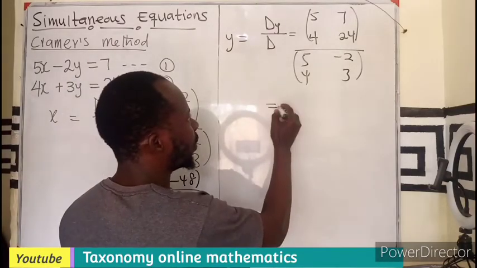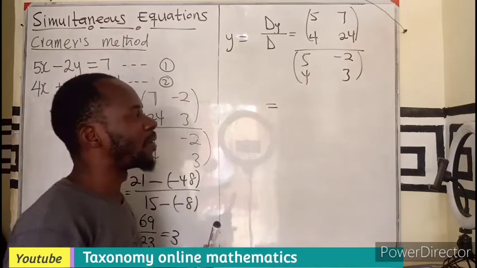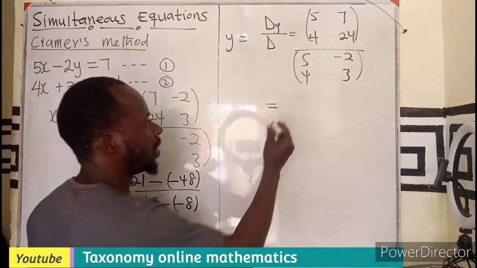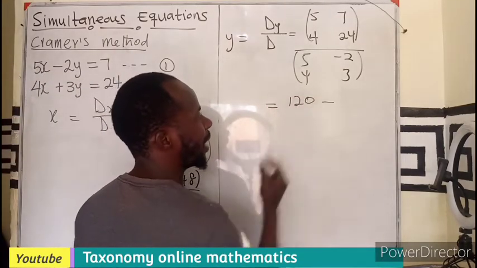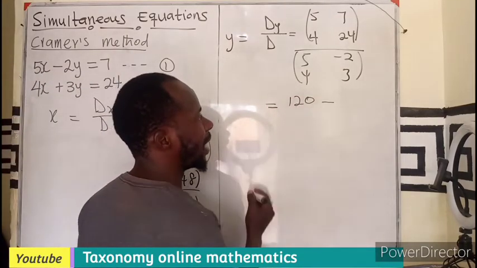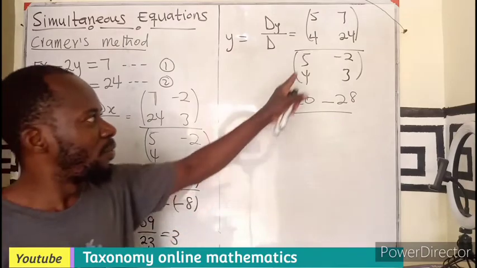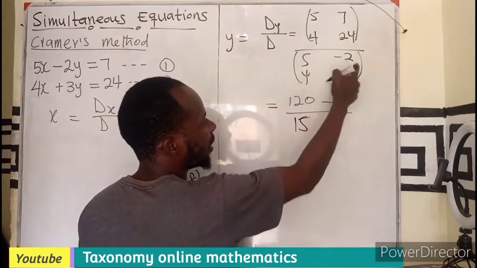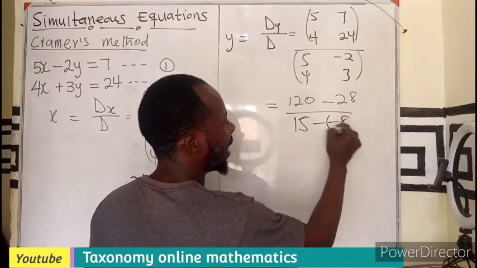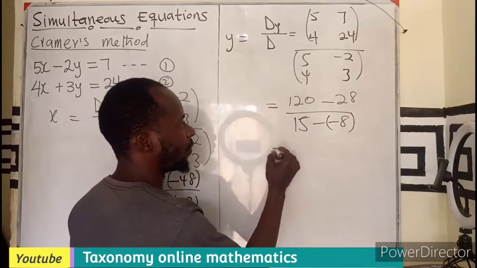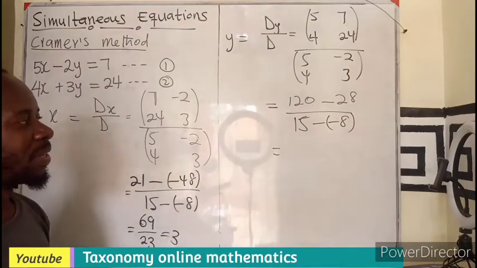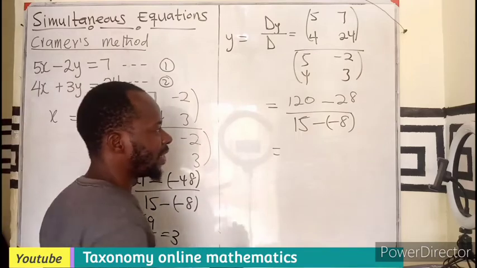So what am I going to get if I multiply the leading diagonal? I think that will be 120. Yes, 120. So 120 minus 28 as per our numerator. Then if you multiply the leading diagonal, you will still get 15 minus 8. So I believe you are going to have 20 from here. So we are left with 8. So that will be 92